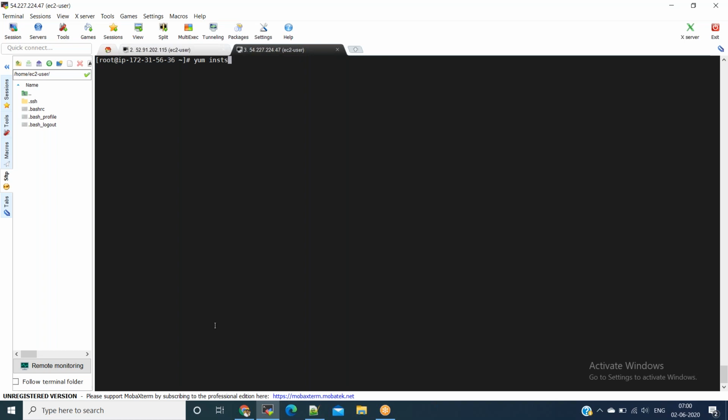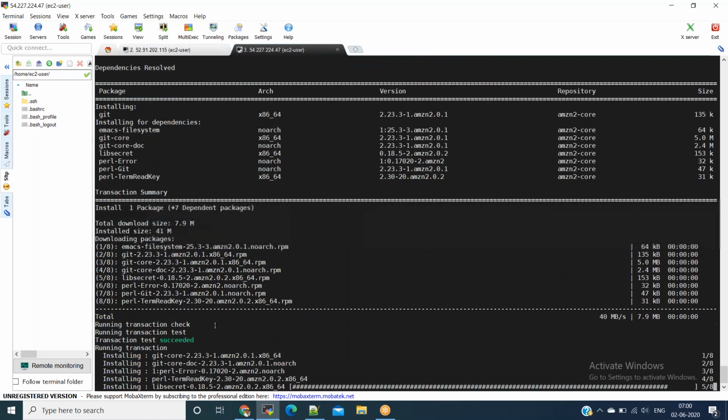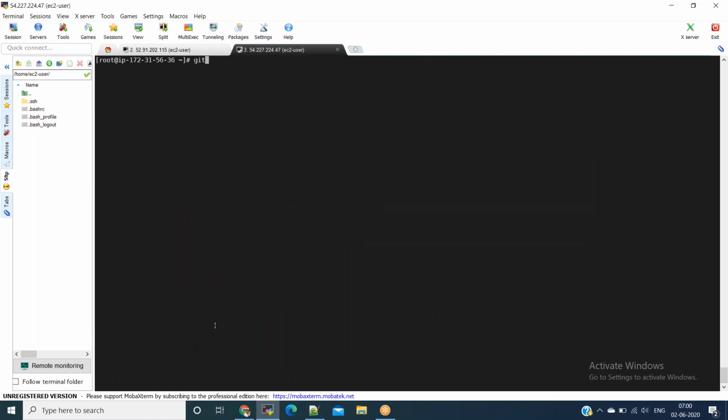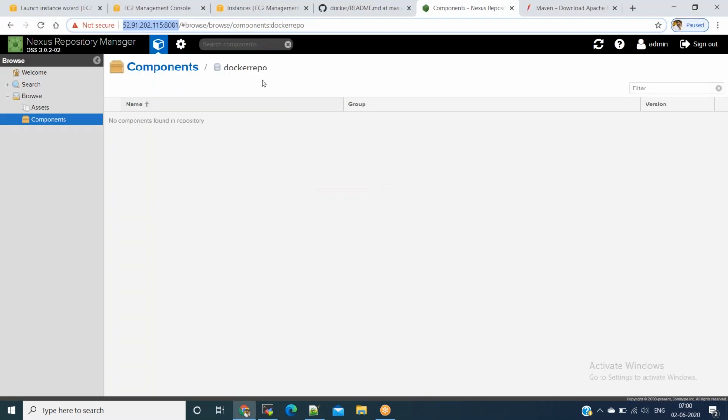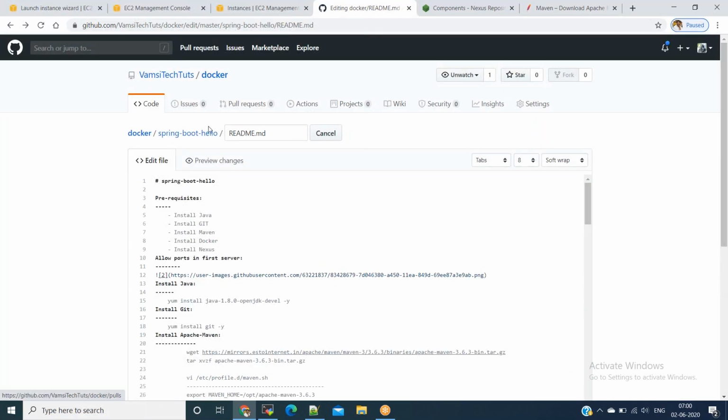Perfect. Now we'll clone the Spring Boot code from my Docker repository. We need Git for that. Install Git software. Now go to my Docker repo, and in the Docker repository, we have Spring Boot Hello.